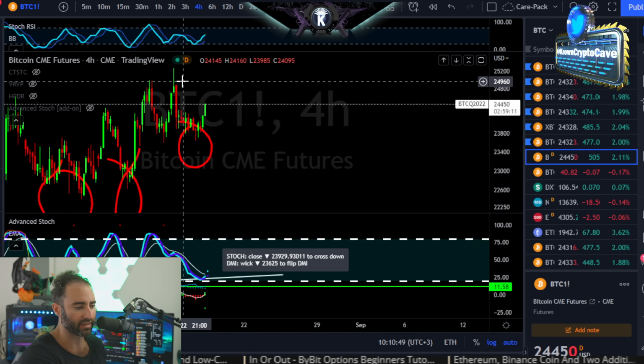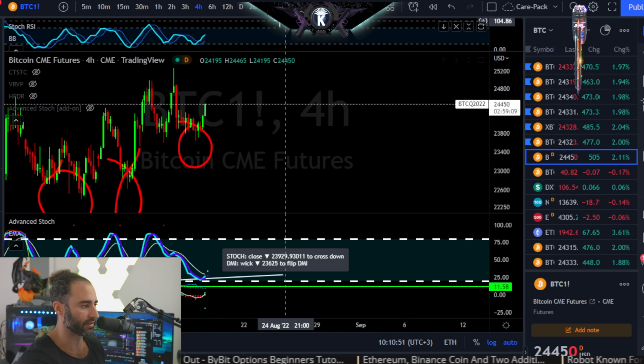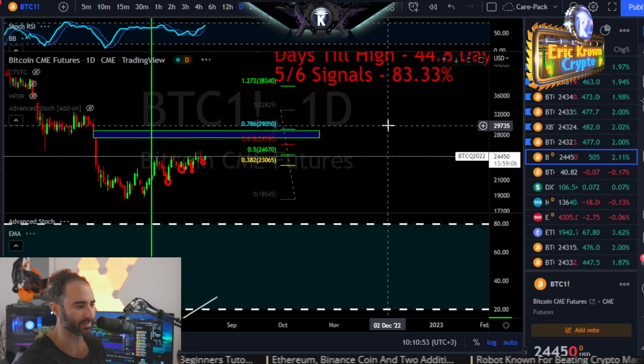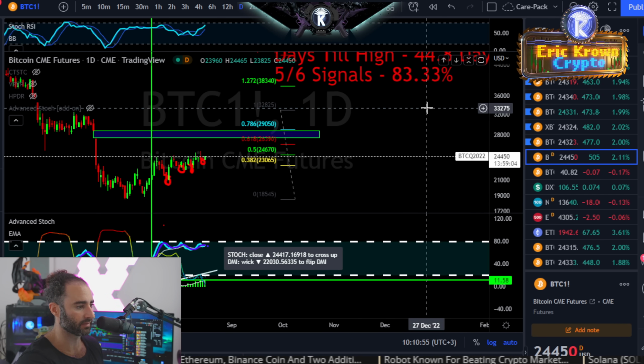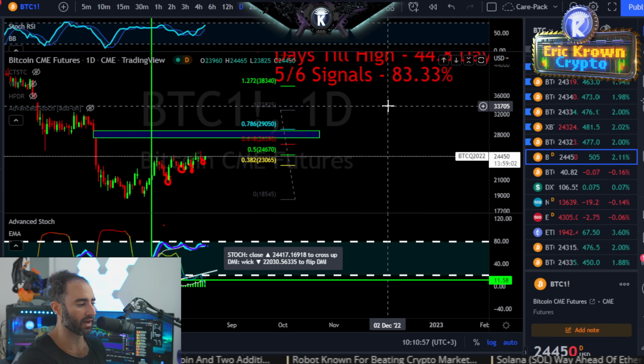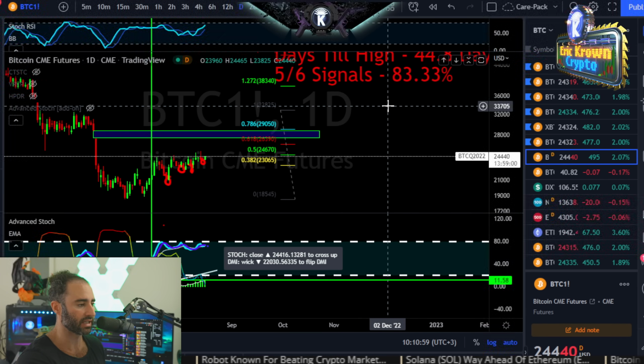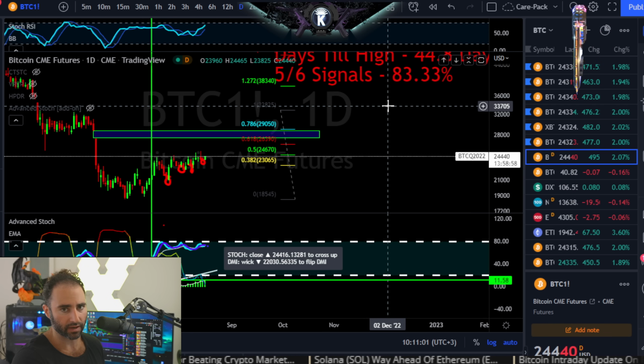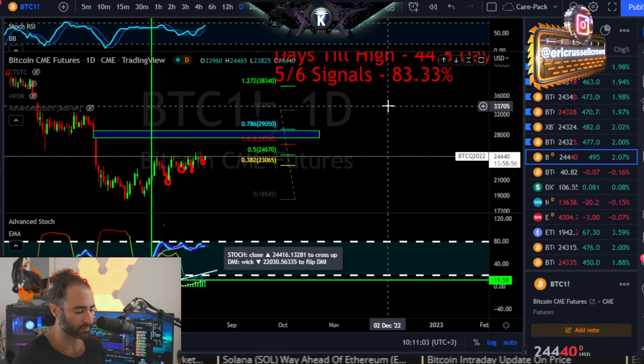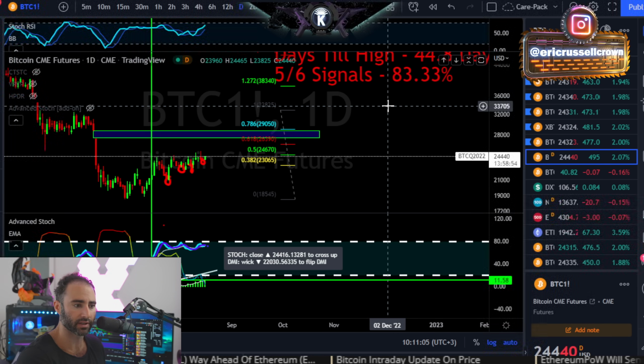At that point, you've got to be thinking about the daily close. The daily has 13 hours, 59 minutes, and 4 seconds left to go. So we probably do see an upside resolution if that were to happen. Again, I suspect that all of this is just preparation for the FOMC minutes coming later today.